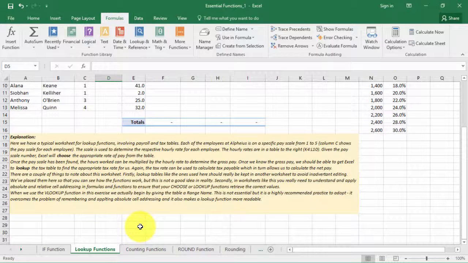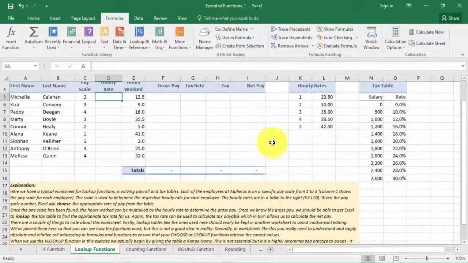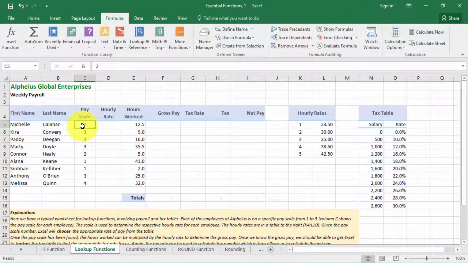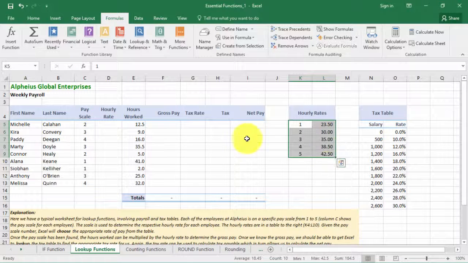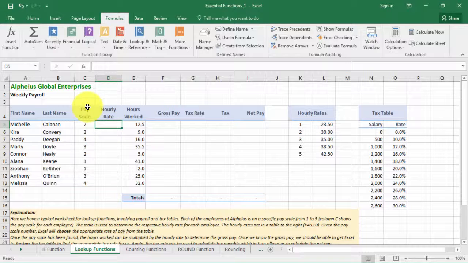So what we have is a choose function. The choose function is designed to allow you to make a choice from a list of items. On our left hand side we have our pay scale. Our hourly rate is in a data table, which is to the right hand side of our calculation table. So we want to look up the pay scale number 2 and return from the hourly rates